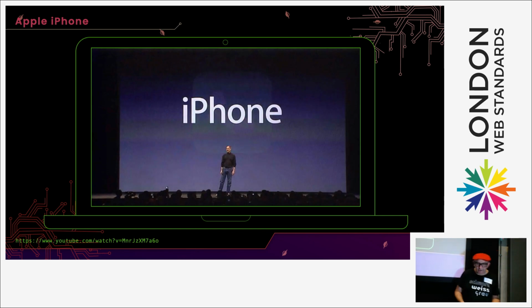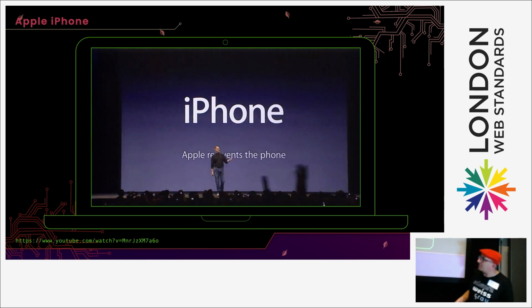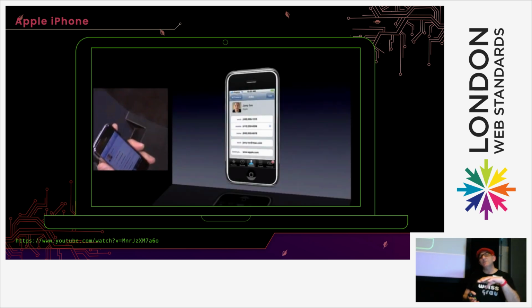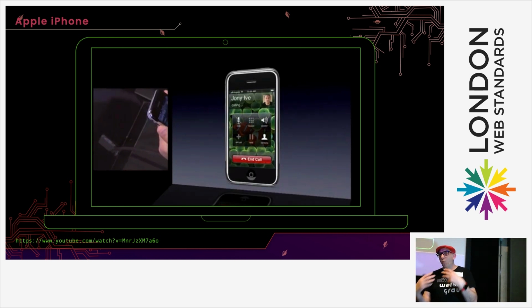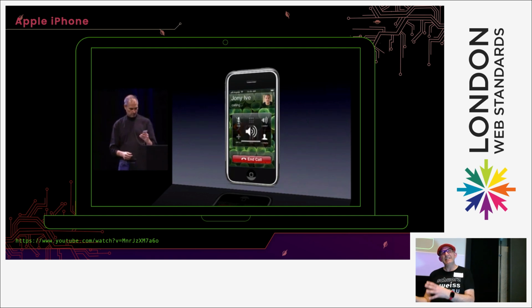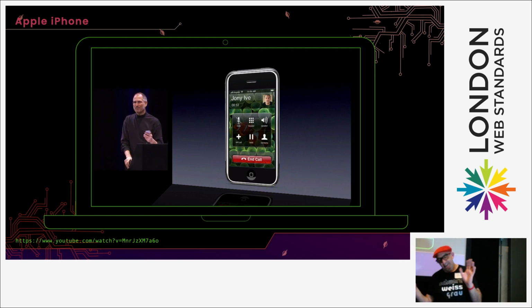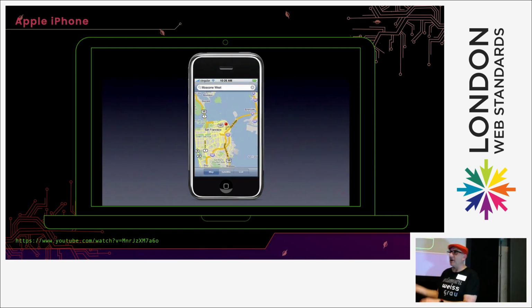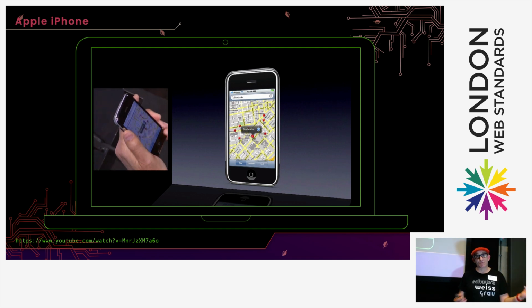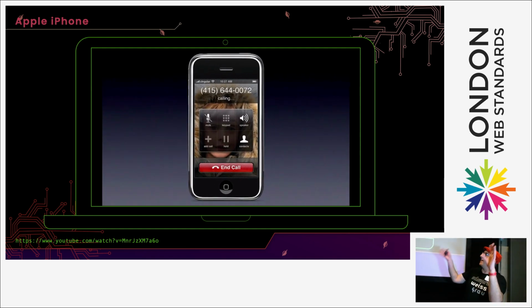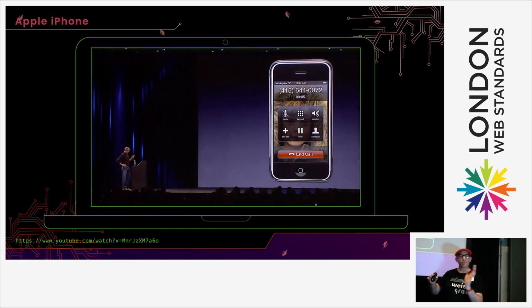Then in 2007, this dude came on the stage and he said, here is a little computer in your pocket and you're going to be able to build web apps from native HTML. Somebody else came along afterwards and said, no, we want to prioritize that, but that's a whole different story. And if you want to know about that, listen to any talk by Alex Russell or any talk by Stuart or Bruce, and they'll explain why this turned out to be a bad thing in the end. Anyway,